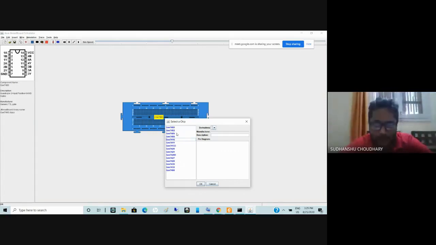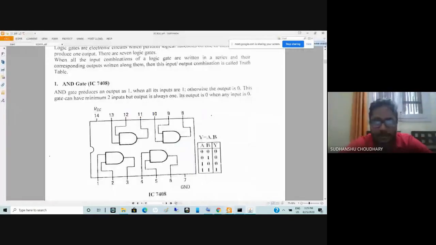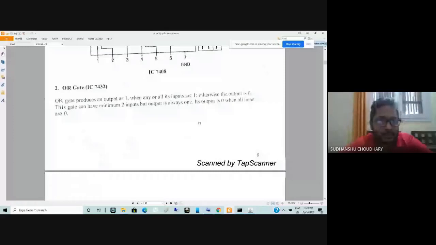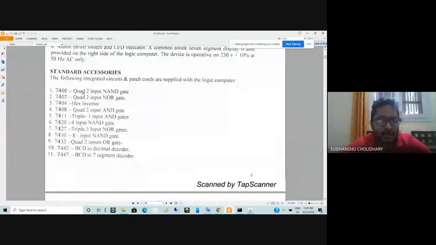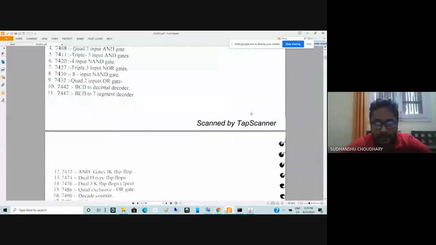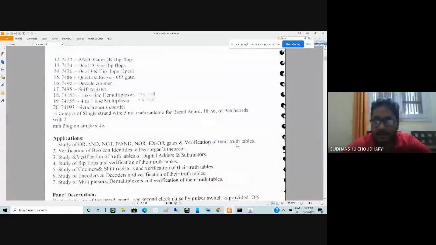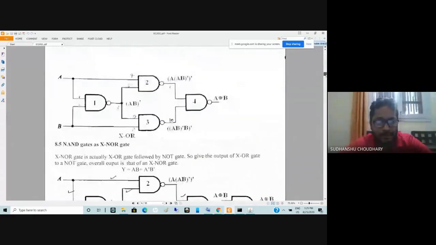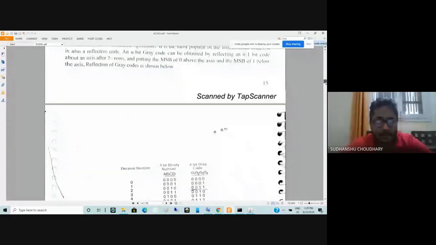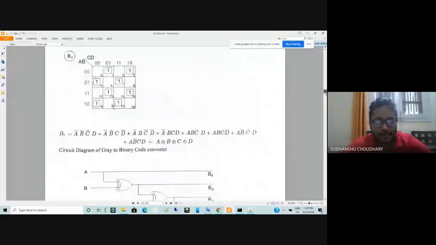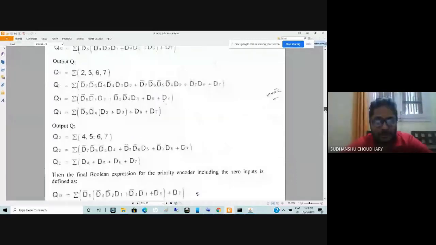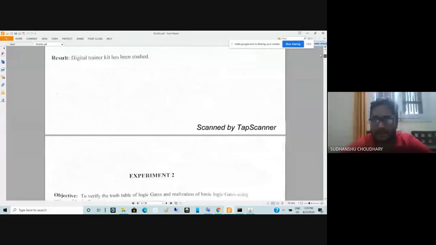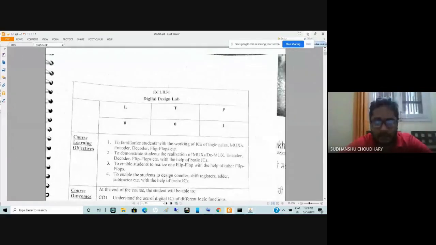7400, for example, 7402. And this 7400, for example, what is inside this 7400 IC? So you'll again refer back to your lab manual and see that 7400 actually has 4 2-input NAND gates. So you can verify these 2-input NAND gates again similarly. Okay. So these 4 2-input NAND gates are present in 7400 IC, and how these are connected, which pin corresponds to which gate, that information also you will find in this lab manual. So again, in this IC, the AND gates are present between 1 and 3.